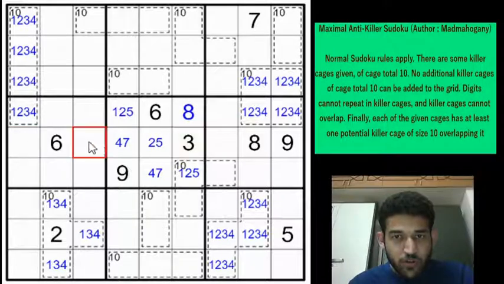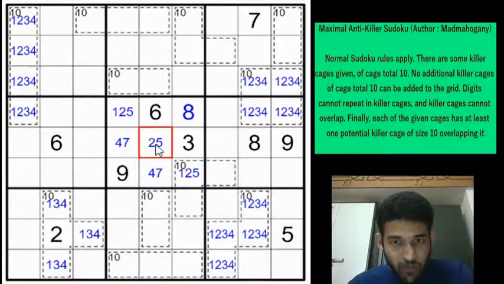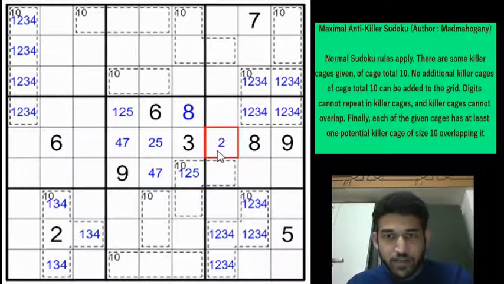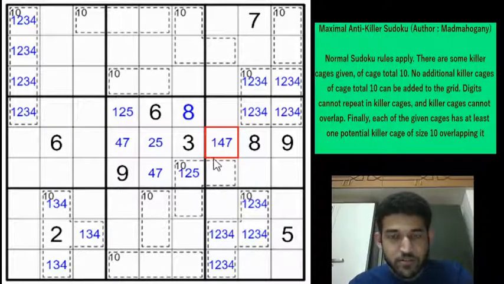So let's focus on row 5 again. Let's focus on this cell. 3, 6, 8 and 9, right? So remaining digits are 1, 2, 4, 5 and 7. By using similar idea that we used earlier, you can't have a 2, 5 here also, right? Because then 2, 3, 5 will add up to 10. So this is going to be 1, 4 or 7. A 7 is not possible because 3 plus 7 is 10. So it is going to be 1 or a 4.